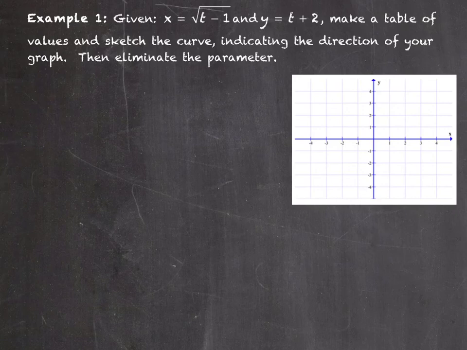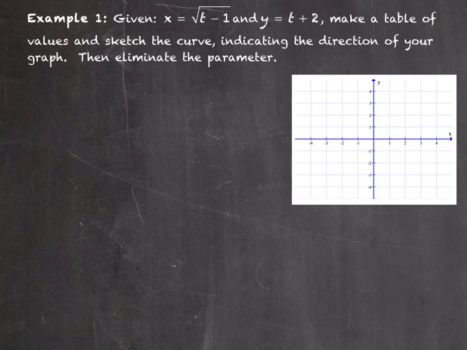Alright guys, today we're going to be talking about parametric equations. And parametric equations are essentially a pair of equations where x is dependent upon time and y is dependent upon time. And so essentially there are three variables. There's time, there's x, and then there's y. And the way this works is that the time variable is actually not graphed, but it controls the direction that